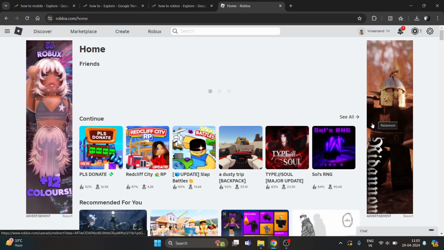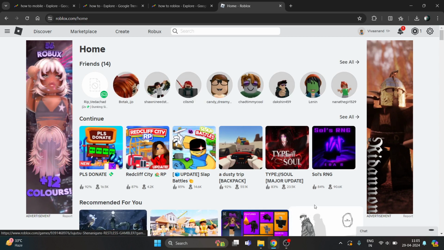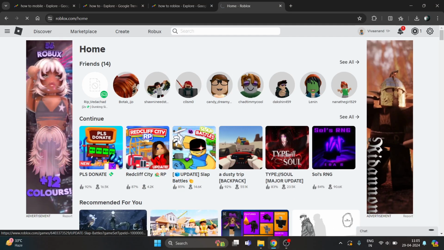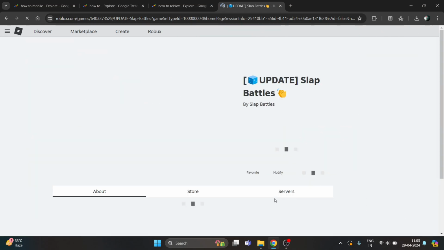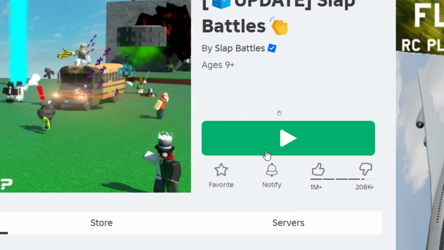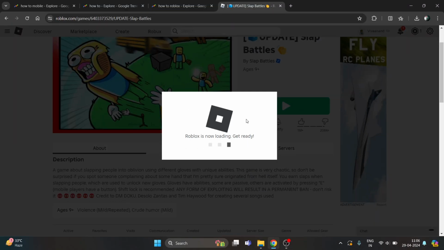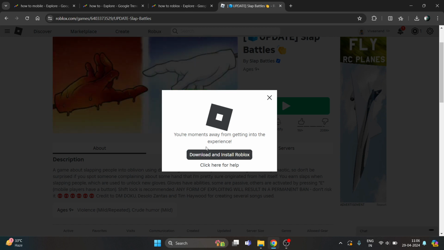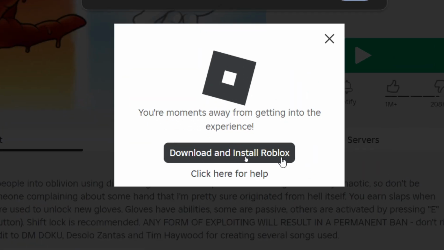And now you just need to click on any experience over here, any game. Just click on any game. Now just click on this play button over here next to the game. Just click on it and it will try to open the Roblox app. If it doesn't find it, it will ask you to download and install it. Just click on this download and install button